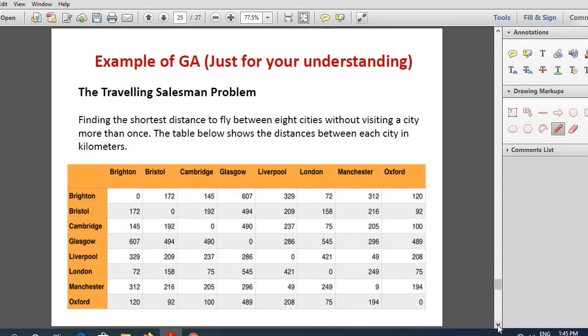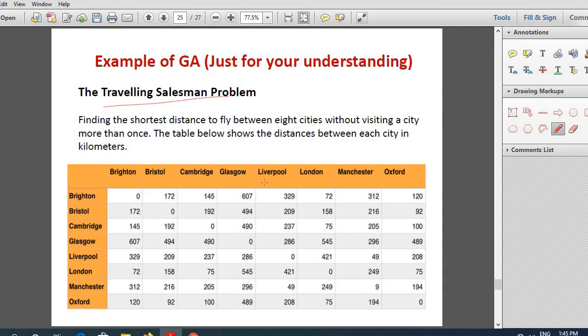Now we'll go on to understand an example of genetic algorithm. We'll take the traveling salesman problem. What this problem means is that you have to find the shortest distance to fly between, for example, in this example I've shown 8 cities.